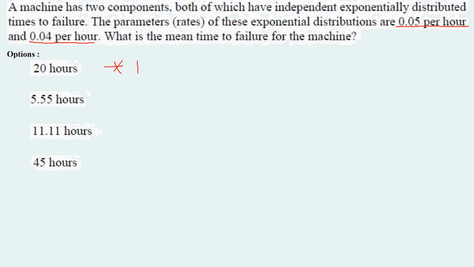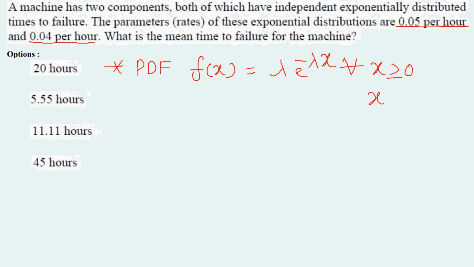The probability density function of an exponentially distributed random variable is given as f(x) = lambda times e^(-lambda x) for all x greater than or equal to 0, and it is equal to 0 for all x less than 0. This is a probability density function for an exponentially distributed random variable. In this function, lambda denotes the rate parameter,